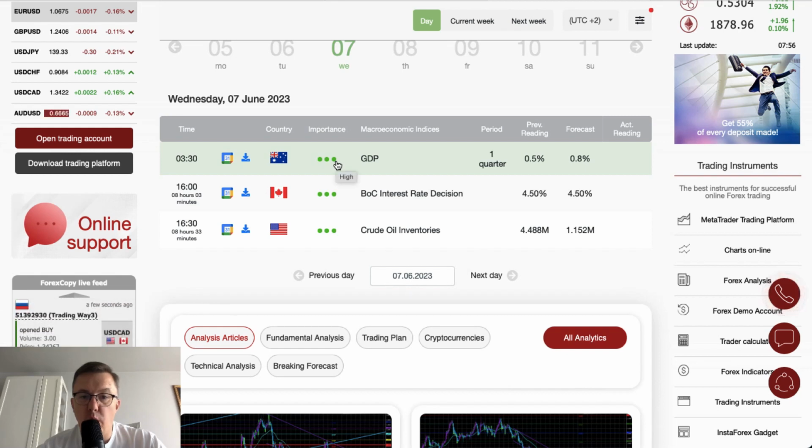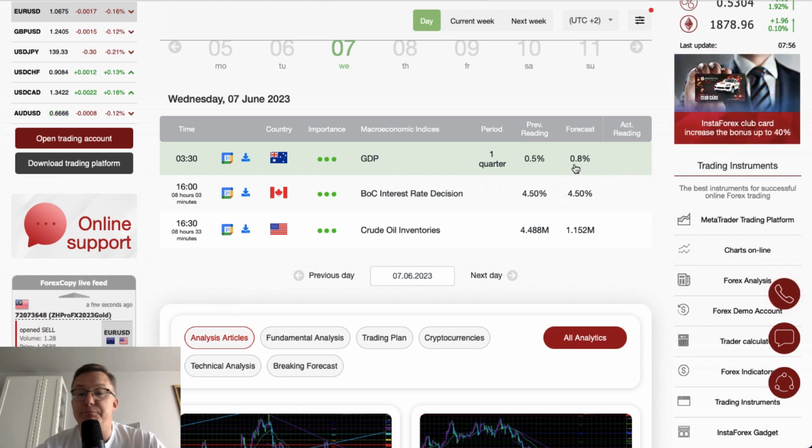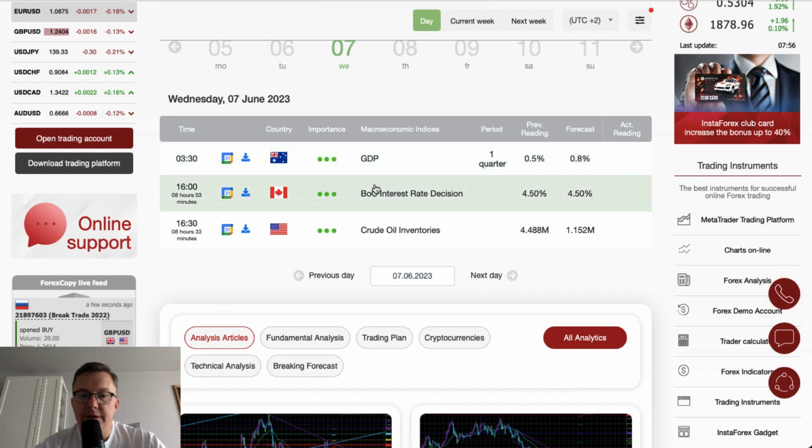One of them was actually the GDP data from Australia for the first quarter, and as you can see, the expectations were better than the previous reading, 0.8% versus 0.5%. Nevertheless, still ahead of us is another very important event, Bank of Canada Interest Rate Decision, scheduled for release